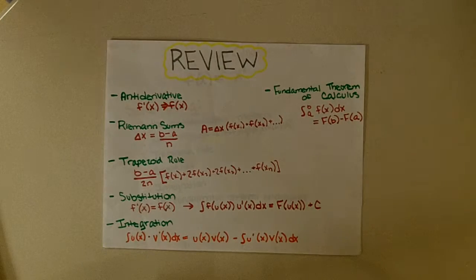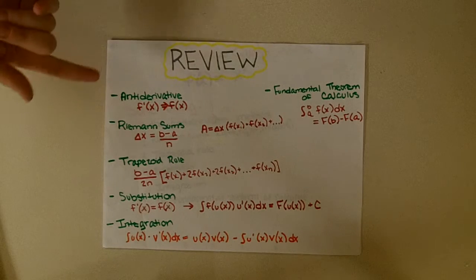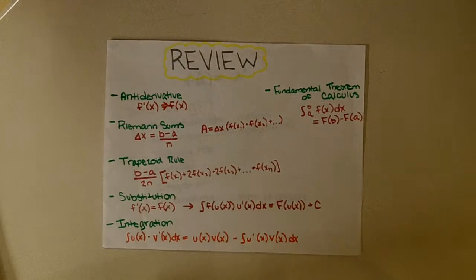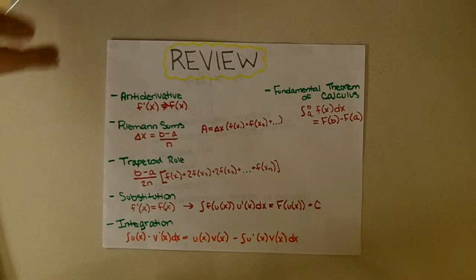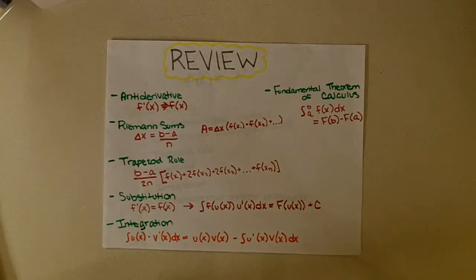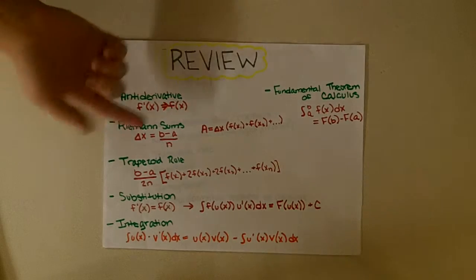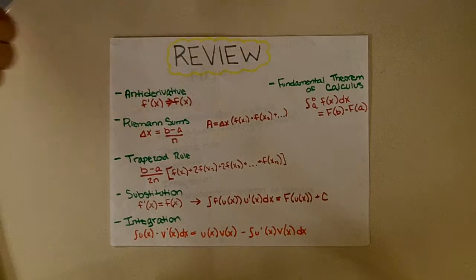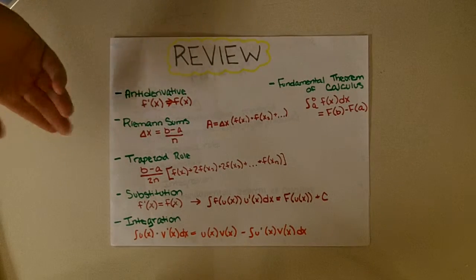So we have a review slide, and basically it's giving you all of the equations that we just went over in one slide. So we have antiderivative, Riemann sums, trapezoid rule, substitution, integration, and fundamental theorem of calculus. Antiderivative is giving you f prime of x to find f of x. Riemann sums is using an equation that will find the area under the curve for the left, right, and middle. The trapezoid rule is similar, and